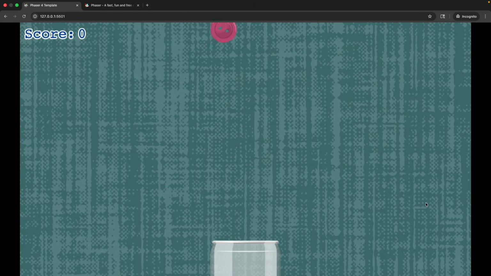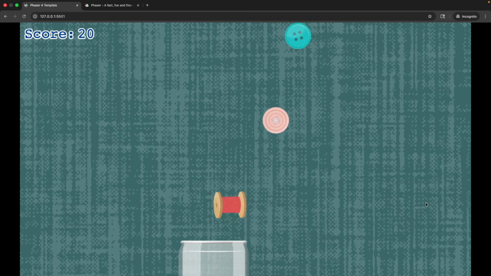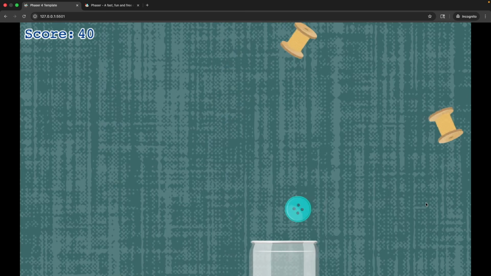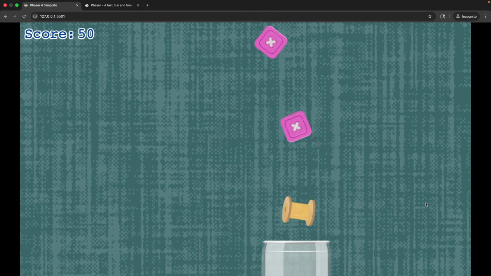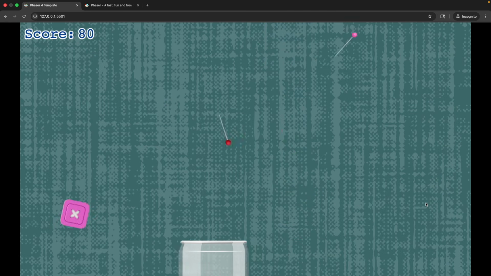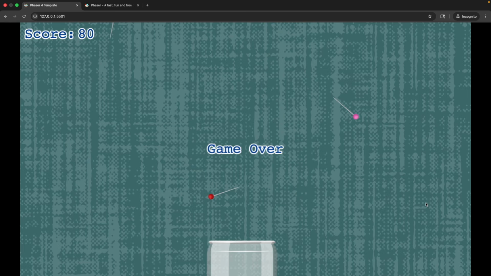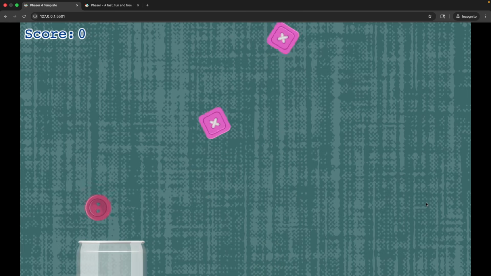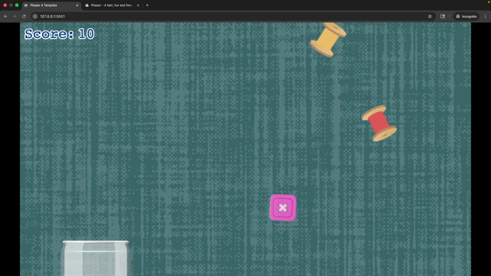Once you understand that, everything else becomes much easier. Over the course of this mini course, we're going to build a complete game together. It's a simple falling objects catch game. Nothing fancy, but it will teach you the core ideas that apply to almost every Phaser game. We'll handle player movement, spawning objects, collision detection, scoring, and basic game rules. And we're going to do it without jumping straight into the physics engines,